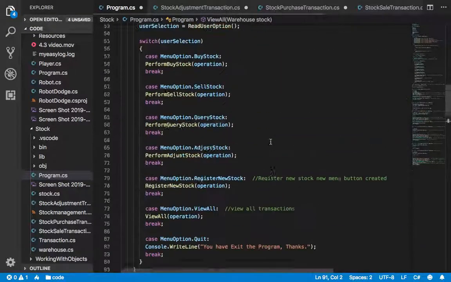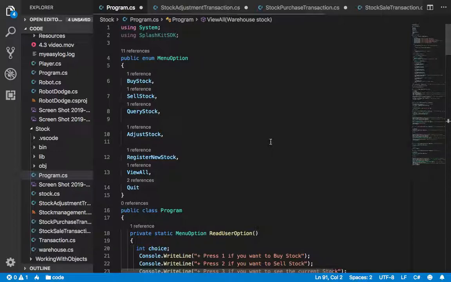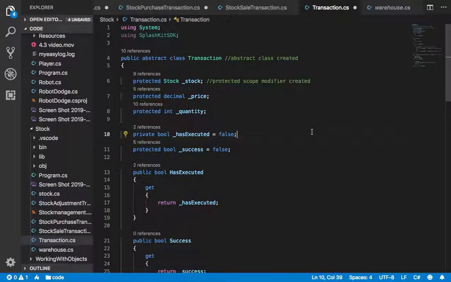For doing all this, we have used abstraction, encapsulation, inheritance, and polymorphism, as we have created many classes. If we have a look to this class transaction here, we can see all these implementations. Abstraction is basically handling the complexity by hiding unnecessary details from the user, that is, ignore irrelevant details. In C#, abstraction is done through the keyword abstract. Here we have created an abstract class called transaction,